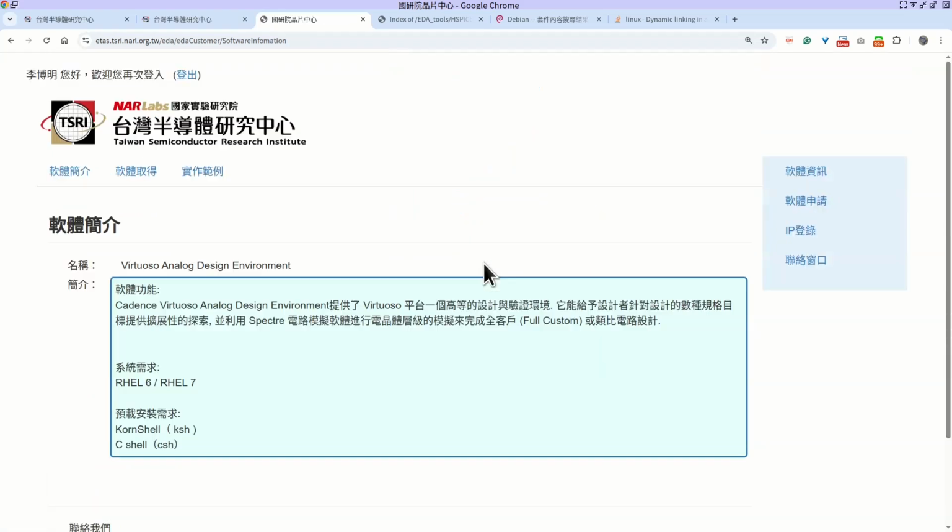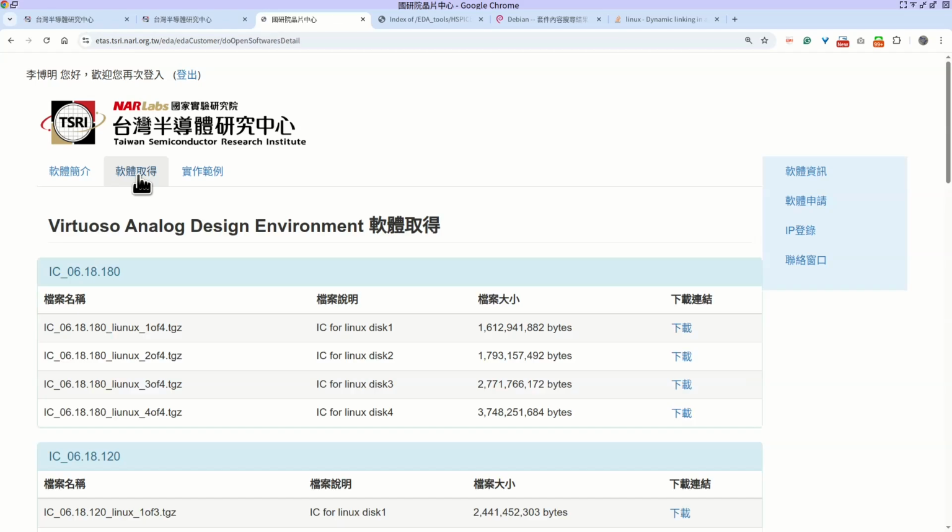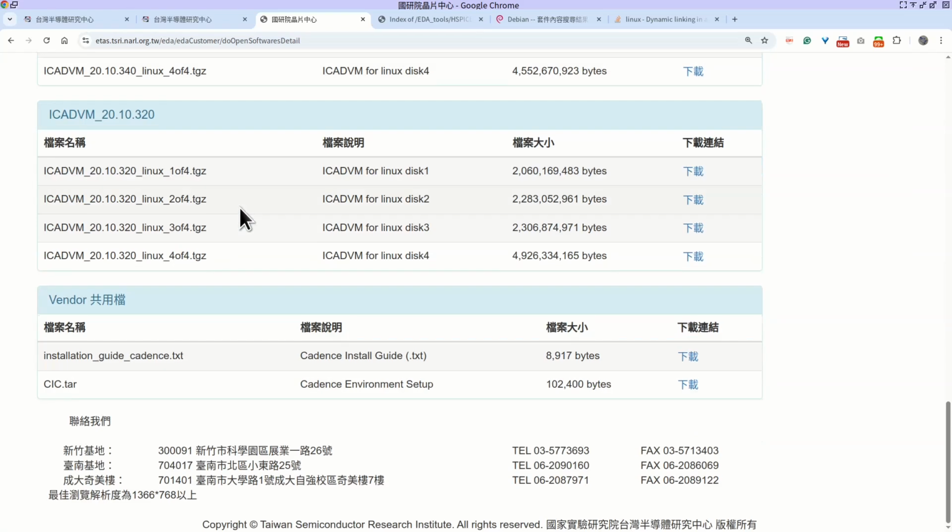Last time I did not explain this, so if we have time today, last time when I told you how to install Virtuoso, I just told you to use my configuration file, right? I didn't explain this to you. Today I will explain what is inside the installation guide underline cadence.txt and the cic.tar. Different software have different installation guides, but I didn't follow the installation guide provided by TSI to install the software. My installation process is completely my own, not from them. And it works so far, so good.